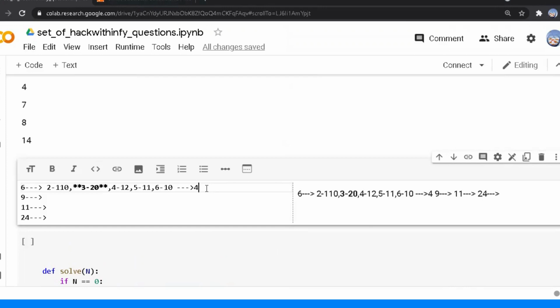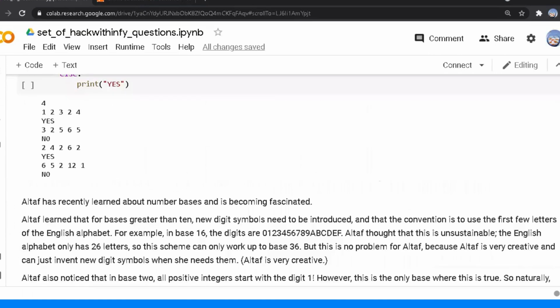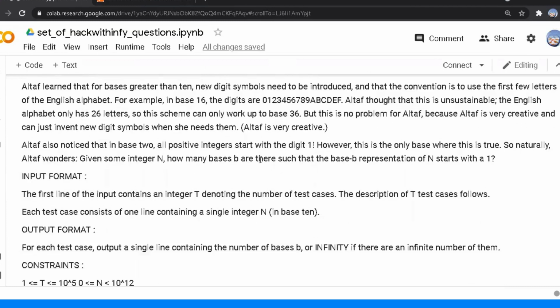We can represent the decimal form in base 2, base 8 and base 16; it is called in a different way. Here they said the clue is: how many bases b are there such that the base b representation of n starts with the 1.